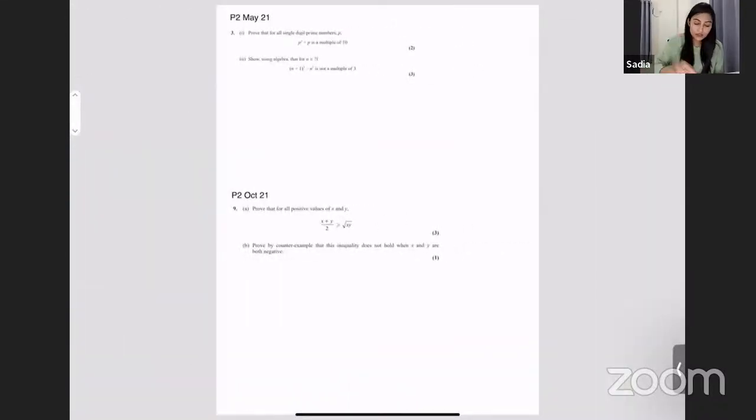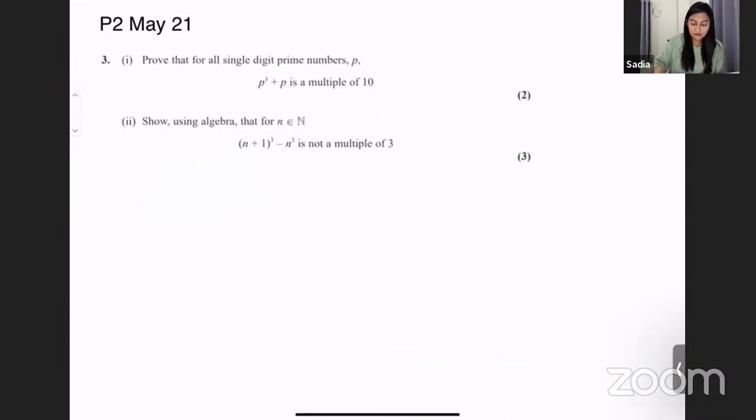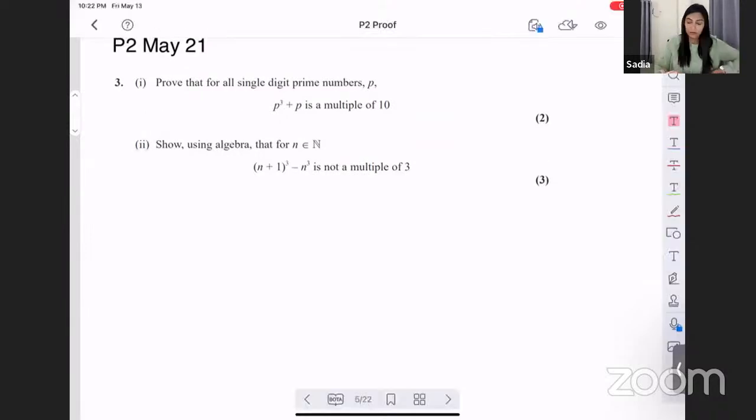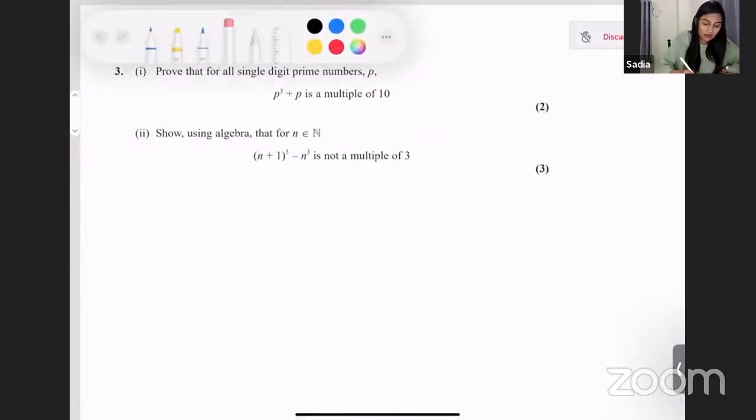This is May 21, number 3. May 21, number 3. In this one,